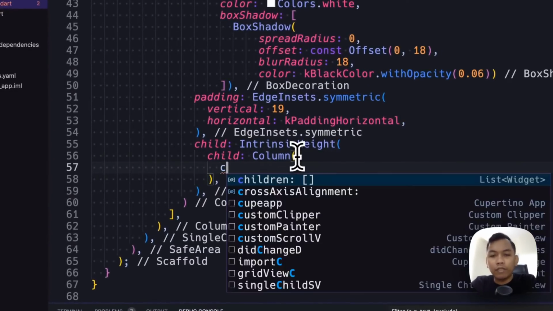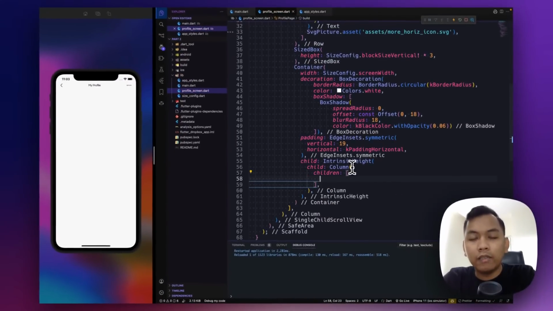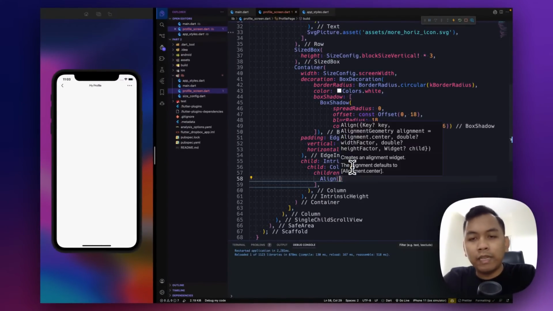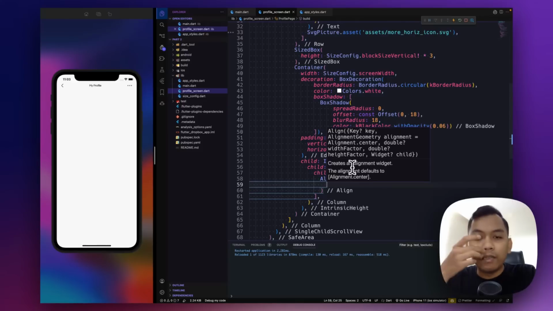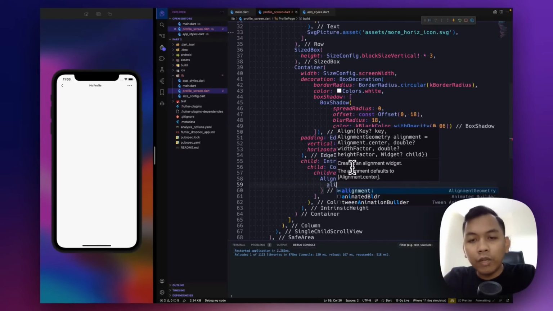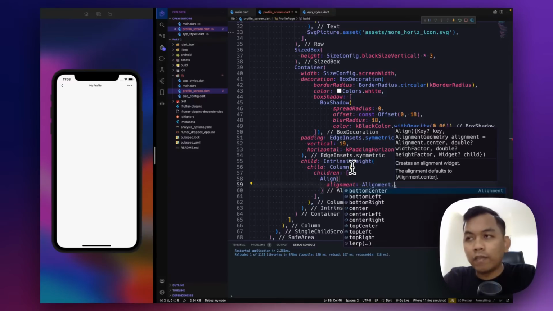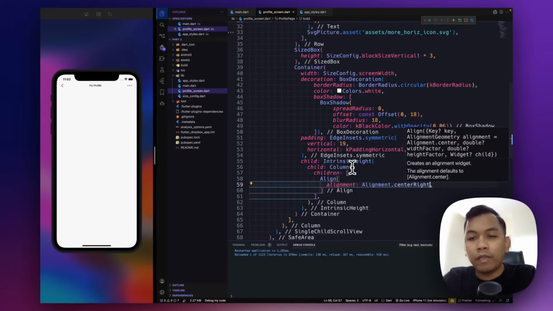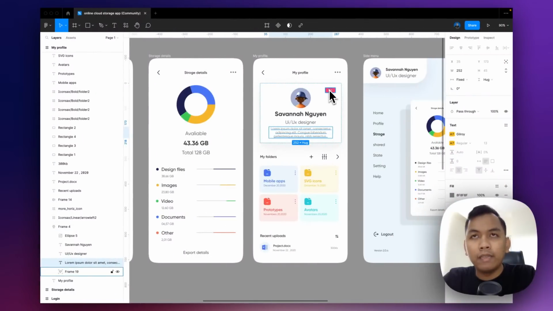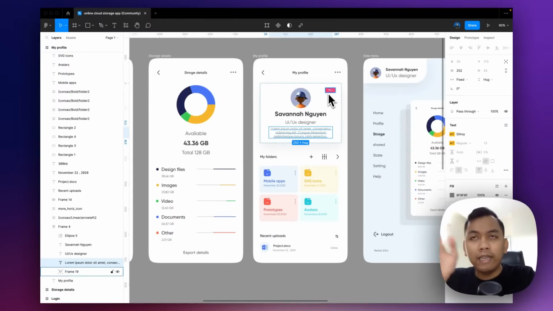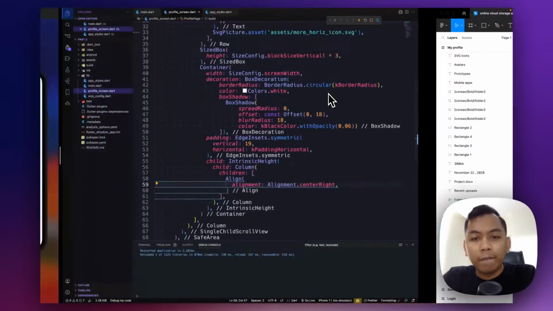And inside this Column widget, as you can see, it will have children, and the first child will be an Align widget. All right, and we need to set alignment to be Alignment.centerRight, because we will place this pro label, so we need to align to center right.